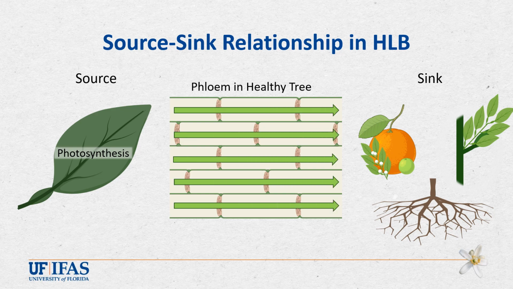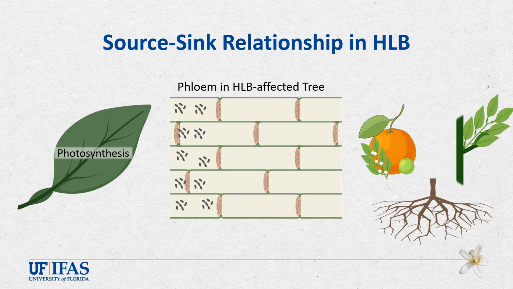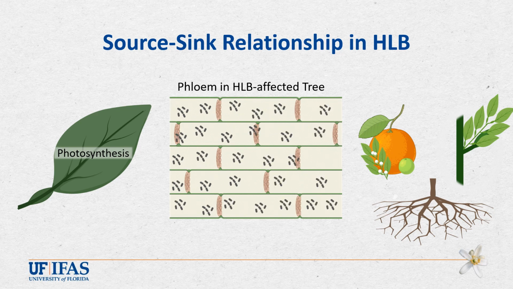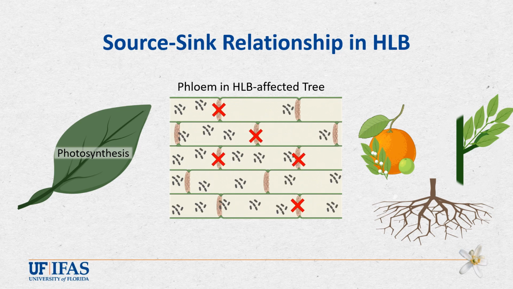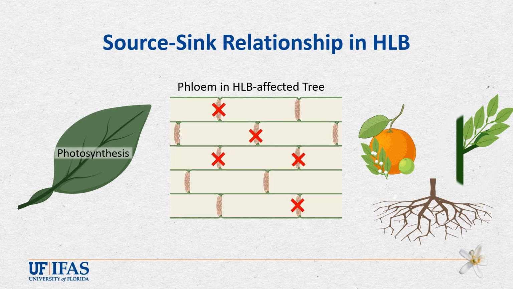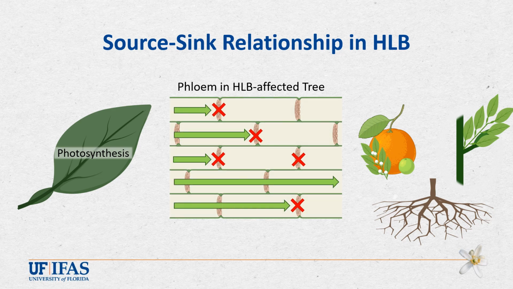In a healthy tree, carbohydrates are able to move freely through the phloem from the source leaf to the strongest sinks, allowing for normal growth. However, in HLB-affected trees, this movement is hindered. As part of the tree's defense response, the phloem is plugged to prevent the movement of the causal bacteria. But this also disrupts the movement of carbohydrates through the phloem. This leads to an accumulation of starch in the leaves and a shortage of carbohydrates in the sink organs, leading to carbohydrate starvation in the weaker sinks.